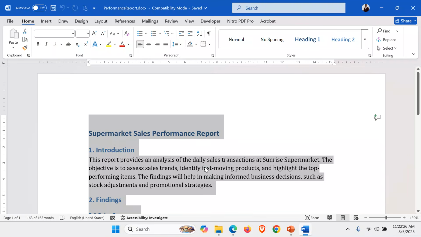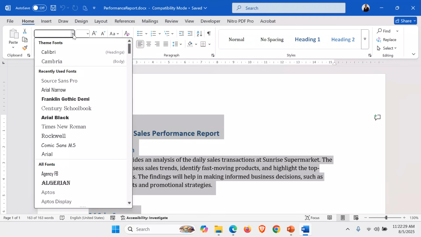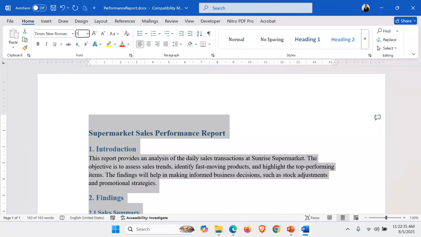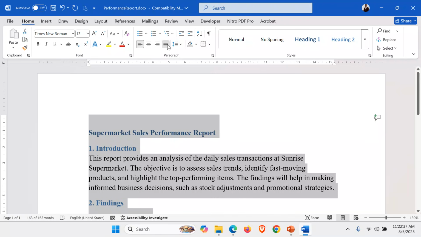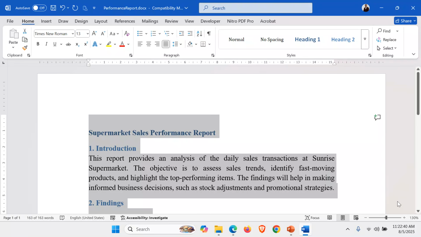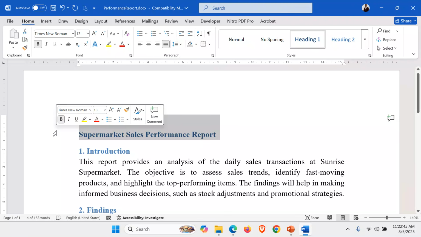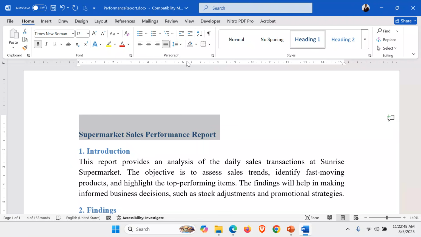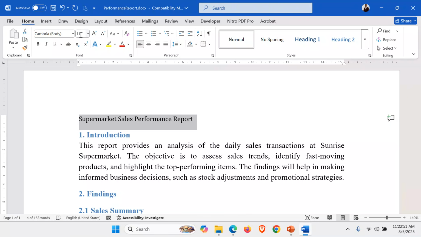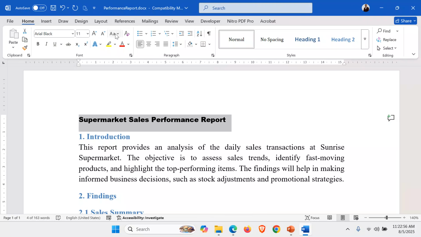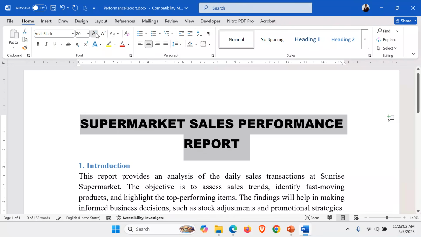We can, for example, highlight all the content. I choose, for example, Times New Roman, font size 13, and I justify my work. After that, what else can we do with this data? I'm going to make this a different heading, so maybe I clear the formatting. I choose, for example, Arial Narrow. I capitalize it, I center it, and I can increase the font size. Then